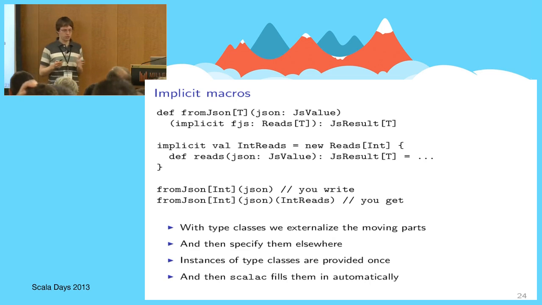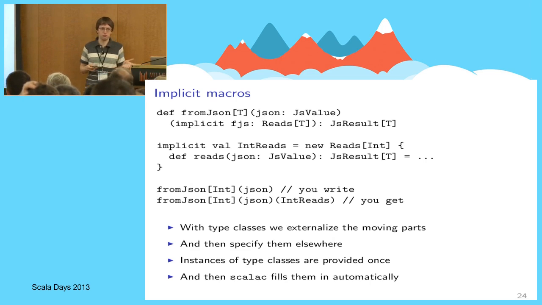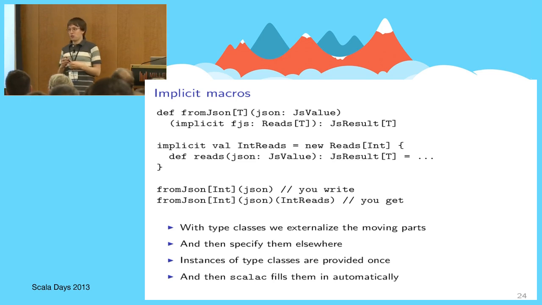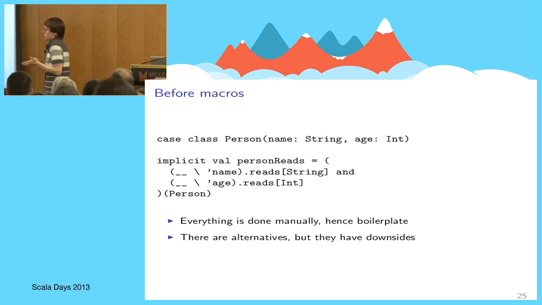Everything's cool, it's quite modular, but if we had to explicitly provide the arguments to this deserialization function, it would be a mouthful. But luckily with Scala implicits, everything is just great, right? You write these serialization strategies once, and then the Scala compiler is smart enough to figure out the instances and fill them in once you call deserialization routines. All right. So just one thing. How exactly are you supposed to write these strategies, type class instances, whatever?